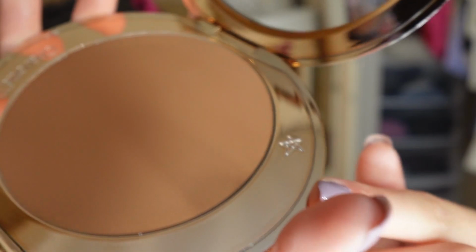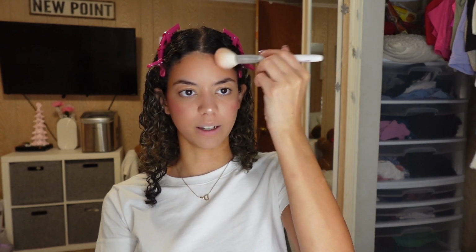If y'all watched my Sephora sale haul, you would know that I got this. My favorite thing about this Charlotte Tilbury bronzer, to die for. So excited for this. Everybody raves about this. They're like, you need this. And I'm gonna be the test to see if you really need it or you're gonna save your money. Need what? Ooh. Oh, never mind. You do need this. Ooh. Look how...